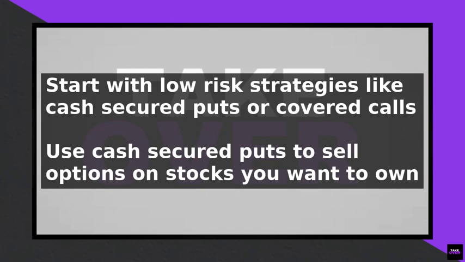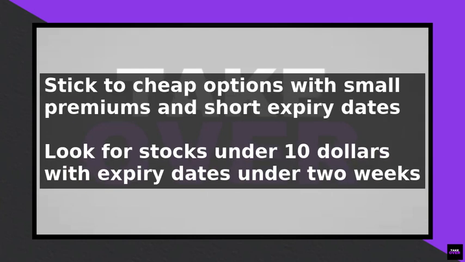For example, if you sell a put option on a stock at $7 with $700 in your account, you'll get to keep the premium if the stock stays above $7. And if it drops, you can buy the shares at $7, which can be a win if you wanted to